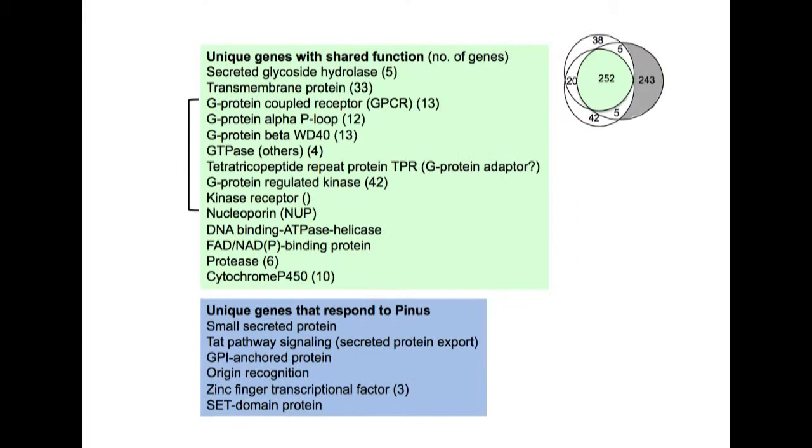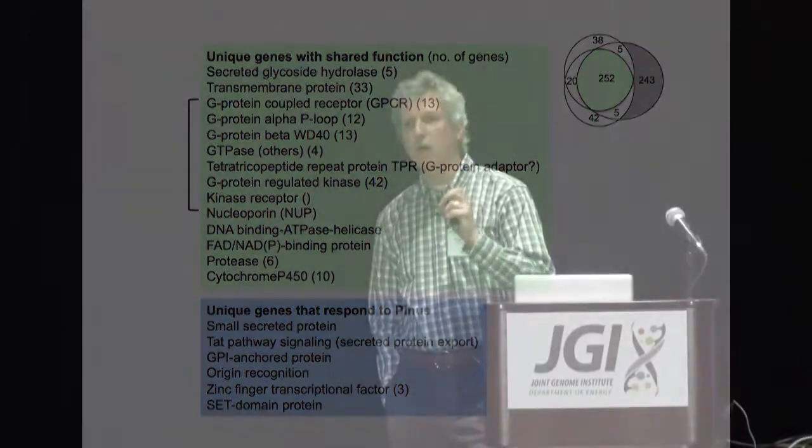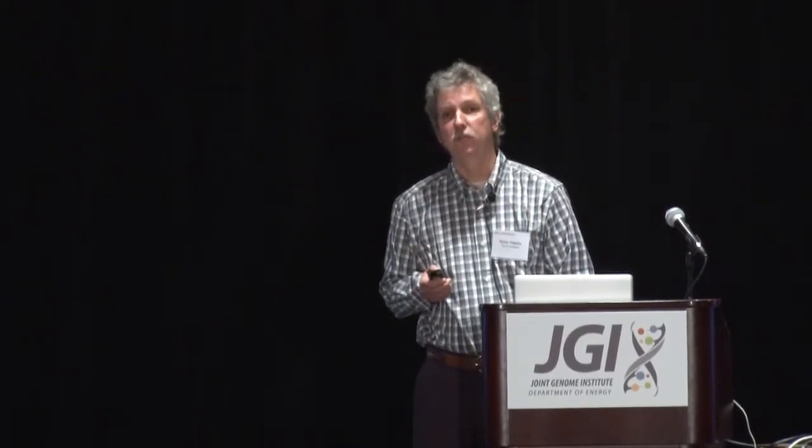And when we look at these, if you're a plant molecular biologist, you'll certainly recognize some of these genes. But for the fungi, virtually all of these core genes are involved in regulating fungal transcription. These are regulatory proteins, G protein coupled receptors, and so forth. So we're just beginning to have a look at these responses, but the general patterns are not that different from the ones we see involved in, for example, plant pathogen interactions.